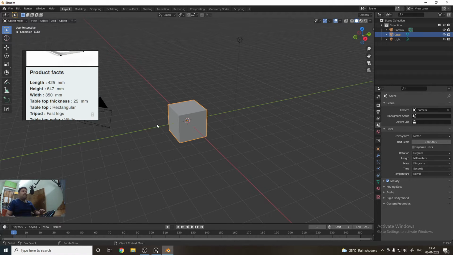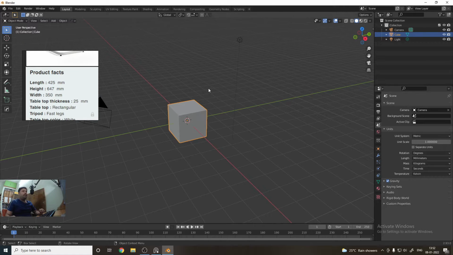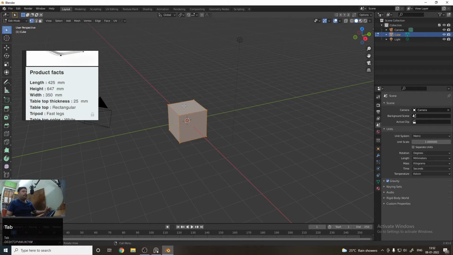And if you want to see the length, the best setting that Blender provides is to click on this icon. Then first you have to click on the object, or say the cube, then press tab on the keyboard. You can see that whatever keys I am pressing are also showing here.